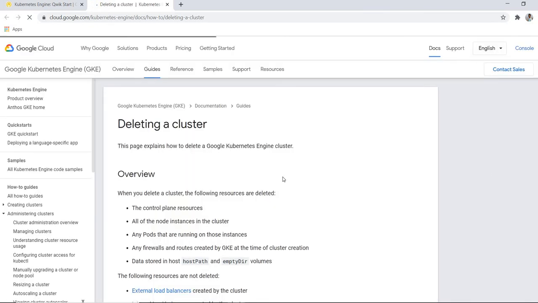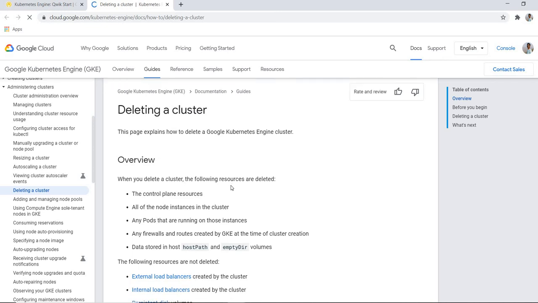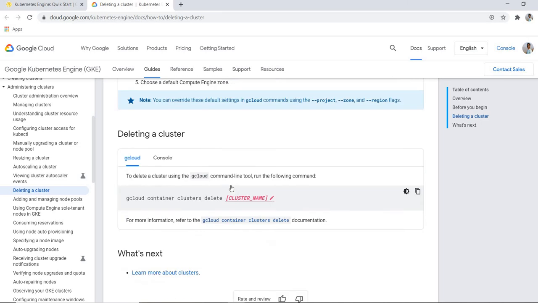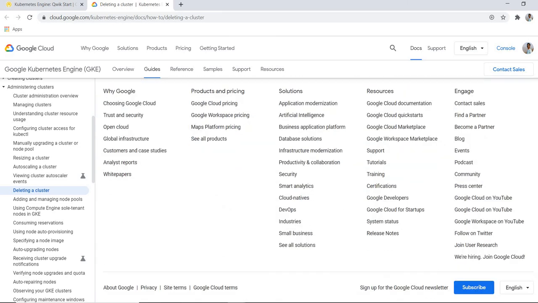So if I go with this documentation, let's see lots of things about deleting a cluster, what API we are using, and all these things.